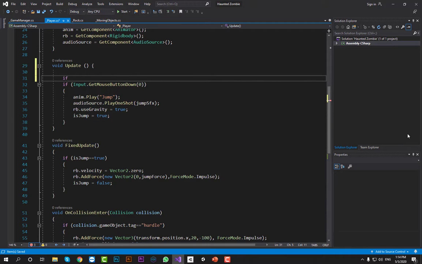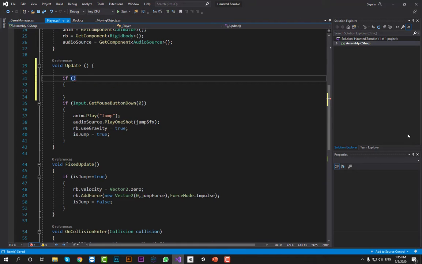If the player is collided, then I have to stop the clicking functionality. So I am going to stop clicking functionality here.